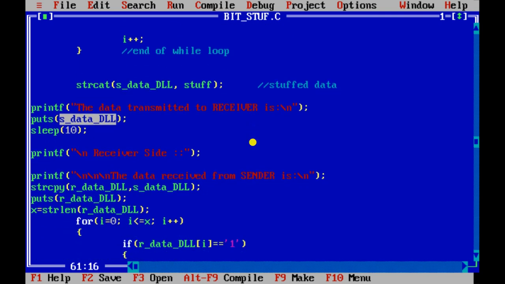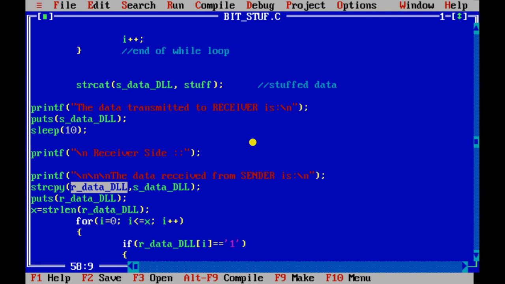Now copy that same string into the receive data DLL. This is a string variable, so copy that string into another string at the receiver side. I am assuming that this S data DLL is the string that the sender has sent, and it is received on the receiver side in R data DLL.